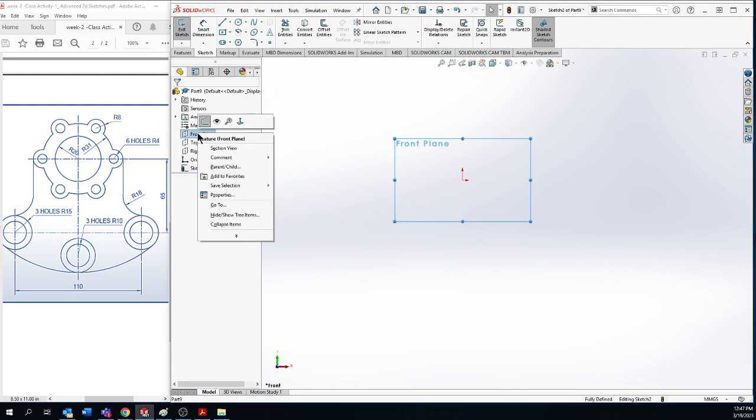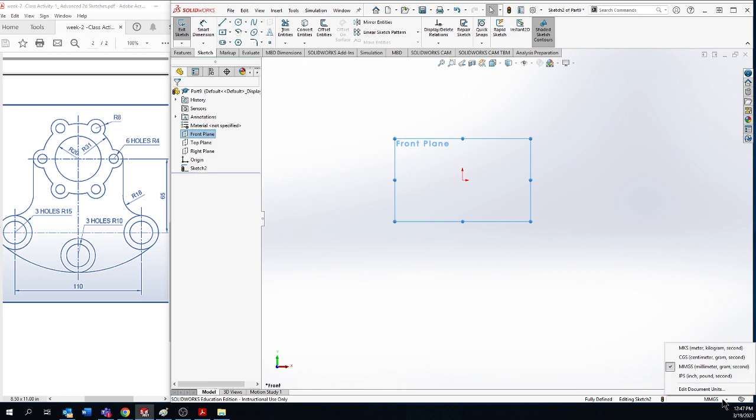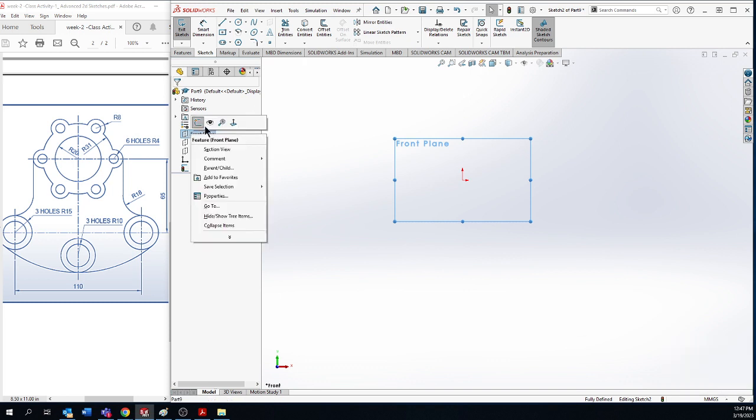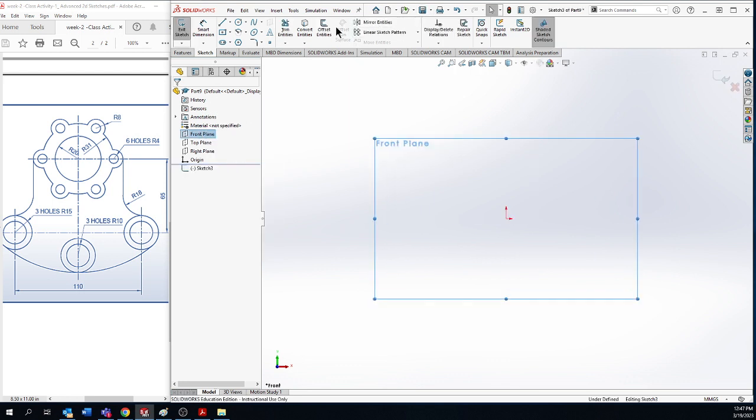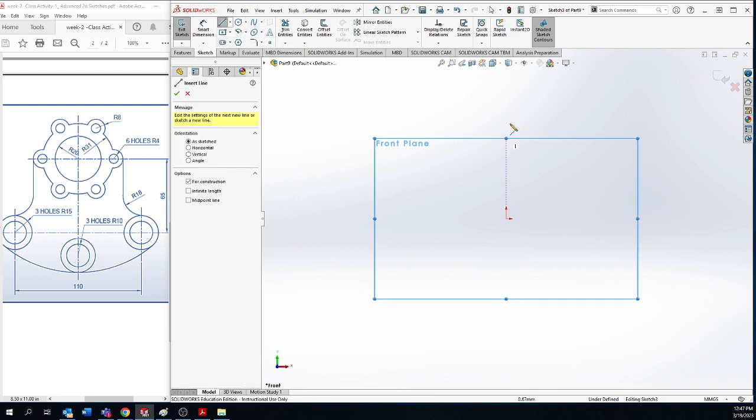All the dimensions are in millimeter. Yes, it is MMGS, and I'll start with the front plane. All right, so center lines: there are two horizontal center lines and three vertical center lines, 1, 2, 3. All right, sketch. So let me draw the vertical lines first. Center line,